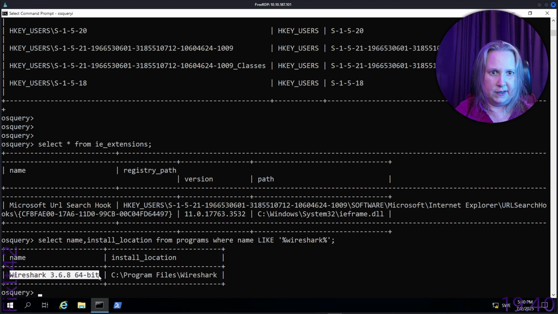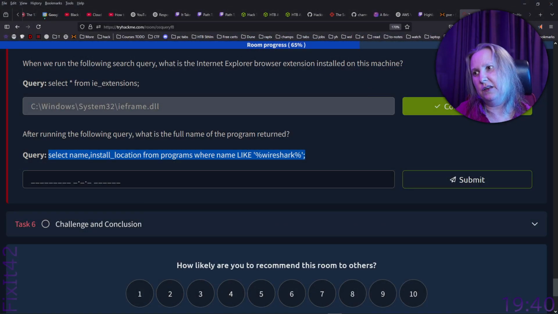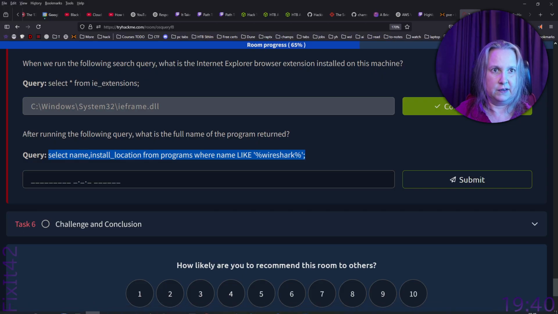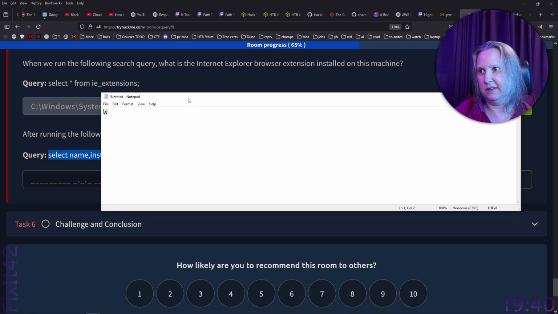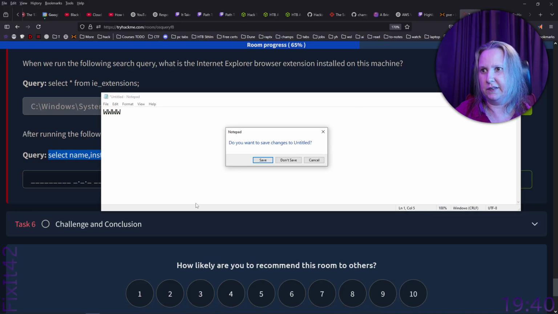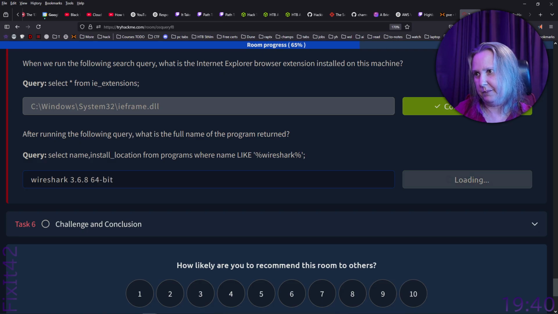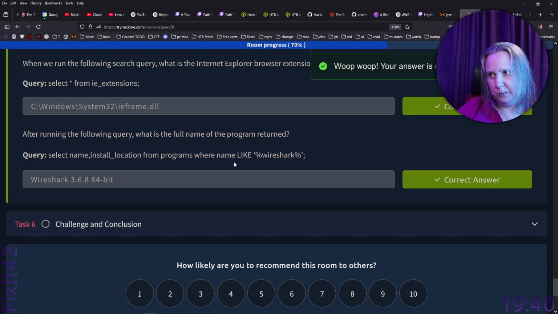Let's actually try copying this and pasting it in Notepad instead of this specific thing. So pasting it here, we just get the first letter anyway. It's a bit odd, but so Wireshark 3.6.8 64 bits. So